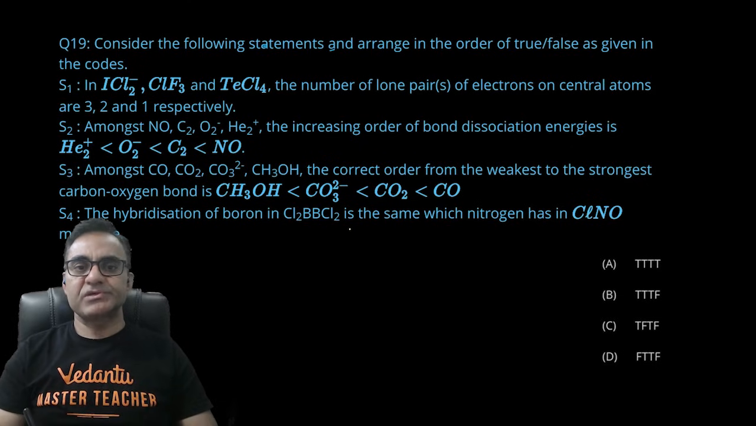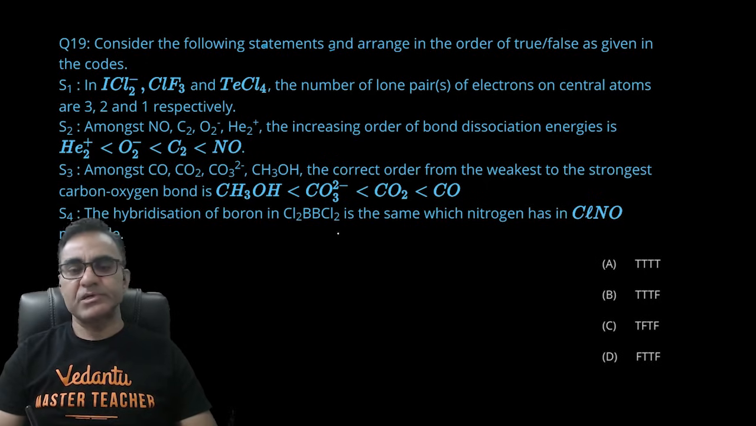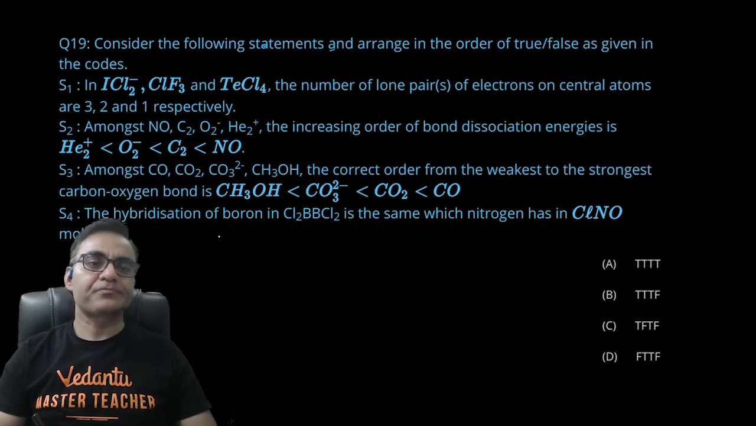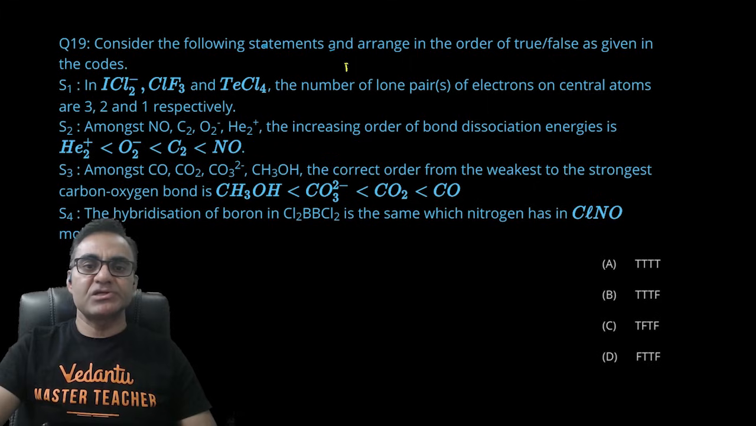कंसिडर द फॉलोइंग स्टेटमेंट्स एंड अरेंज इन ऑर्डर ऑफ ट्रू और फॉल्स। चार स्टेटमेंट दिए हुए हैं एंड ये चारों स्टेटमेंट केमिकल बॉन्डिंग के फैक्चुअल स्टेटमेंट्स हैं। पहला स्टेटमेंट है, आपको बताना है कि कौन सा ट्रू है कौन सा फॉल्स है। पहला है इन ICl2 माइनस, ClF3, TeCl4 नंबर ऑफ लोन पेयर्स ऑफ इलेक्ट्रॉन ऑन सेंट्रल एटम इज 3, 2, 1 रेस्पेक्टिवली। देखो आयोडीन में 7 इलेक्ट्रॉन होते हैं, ठीक है।